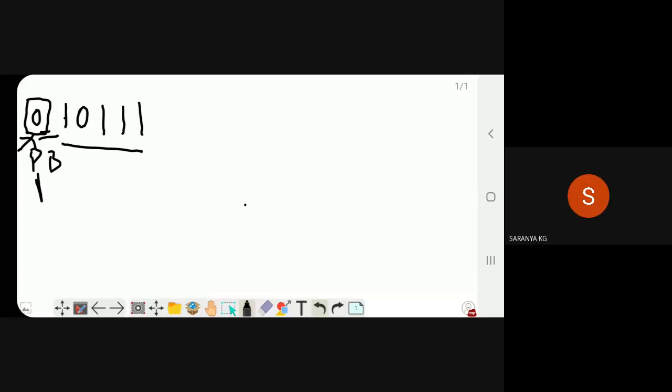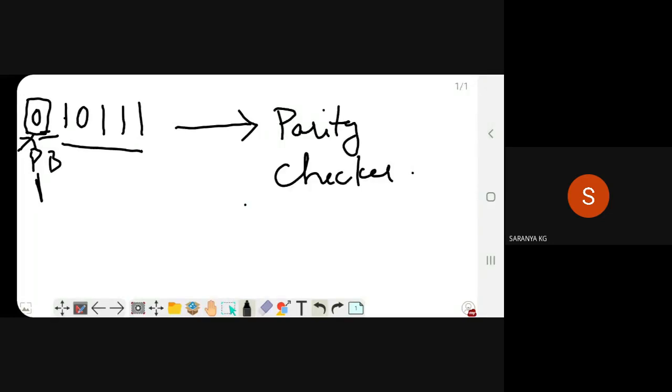Yes, ma'am. Okay. So in the receiver side, you will have a parity checker.